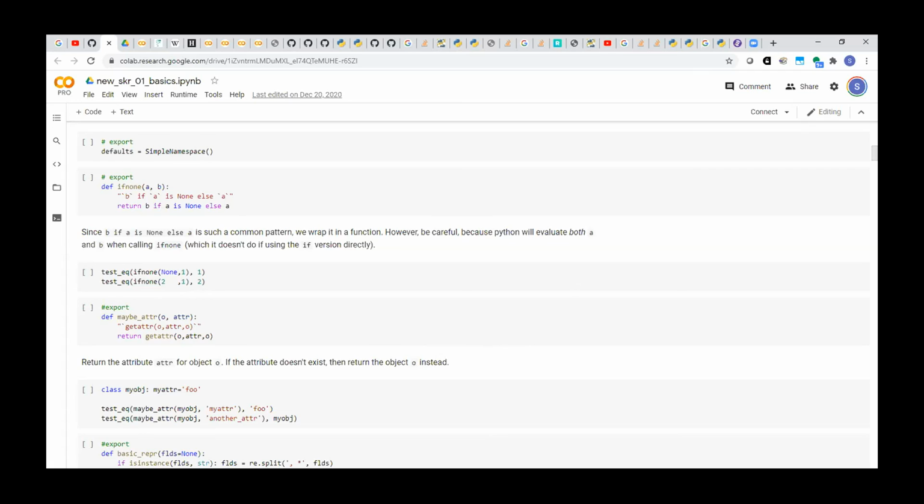I might have to go. Comment with the None thing: be careful because Python will evaluate both A and B when calling if_none, which it doesn't do if using the if version directly. Sorry, so you're saying what is meant by that? I'll tell you what at least I took away from it. If you write it out instead of this, you just want